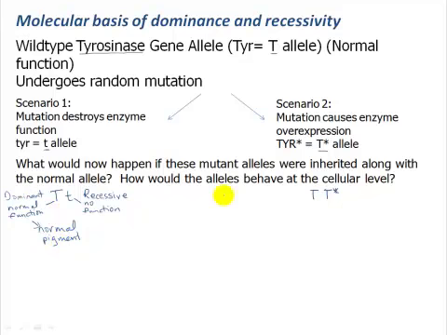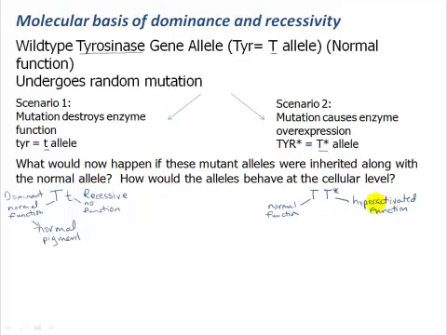Okay, what about the other scenario? What about the other scenario where we have both the normal enzyme present in the cell, but we also have this hyperactivated or overexpressed version of the enzyme? Now, if we think about this allele and its gene product is going to be carrying out normal pigment synthesis in the cell, but what is this allele going to be doing? It's going to be producing too much pigment, right? Overproduction, either because we have more of this enzyme than we're supposed to have, or it's hyperactive and